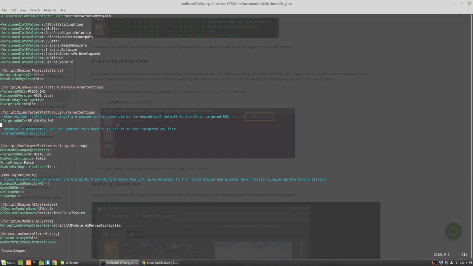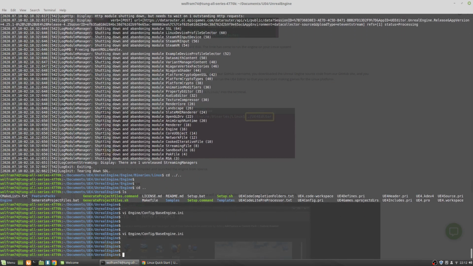Just based on my research, this is what I found. Unfortunately, because it was kind of a big pain to actually try to install this Vulkan thing on my system, the quick fix that I opted for as a workaround was just to go with the OpenGL4. So what you just saw me do is basically comment this out with a semicolon and remove the semicolon on this particular line. And then I'm just gonna write the changes and quit in my VI editor.